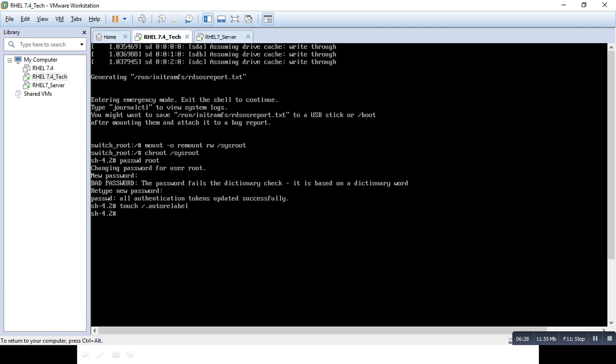After doing that, we just have to enter exit, and exit twice, so that it will continue its booting process normally.